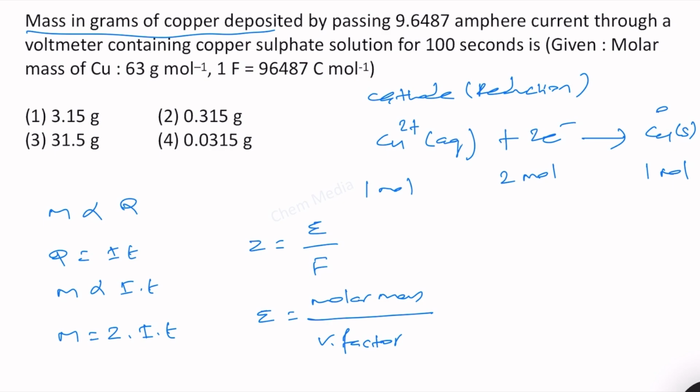Therefore, mass we can easily calculate. Mass is equal to molar mass times current times time divided by 2 times Faraday. That is the equation we are going to use. Therefore, mass is equal to